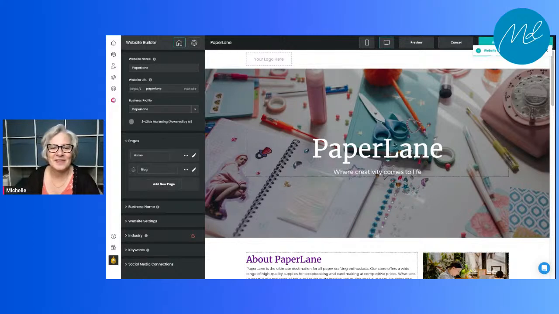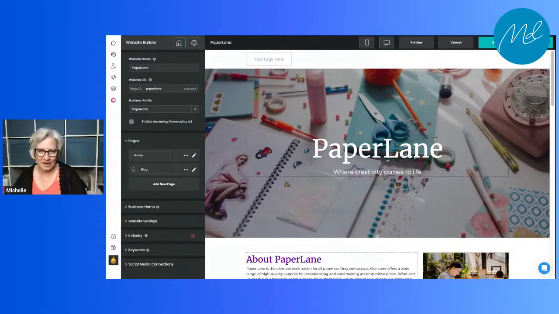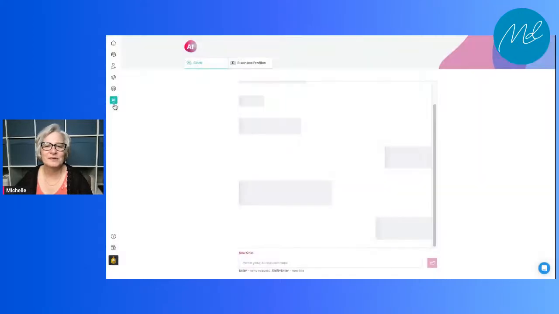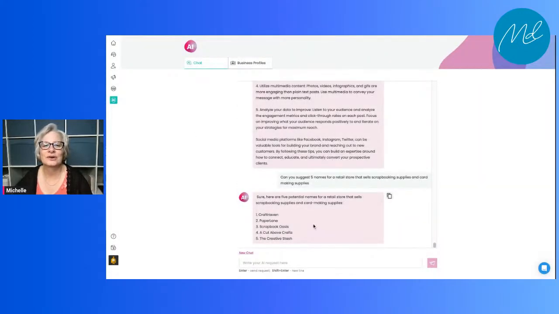All right. So anyway, you get the idea of how you can use a tool like this to create a beautiful website, and then also to create content just by using the AI, this little button that we had over here, just by using this little tool right here, toggling it back over here, if I can.